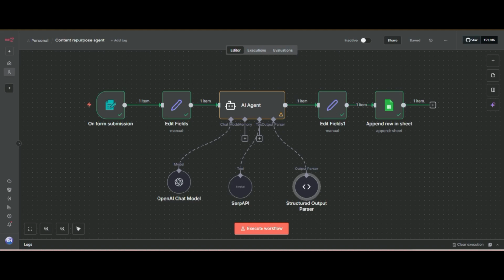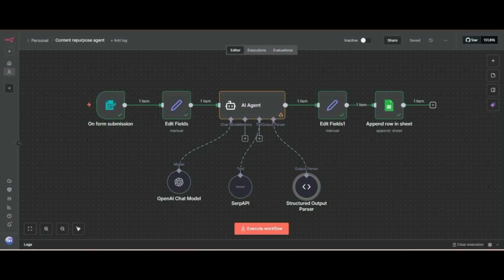So today I will show you a content repurpose agent I made by using a no code platform called n8n. What it does is repurpose content: someone gives a long text or long post, like a LinkedIn post or a blog.